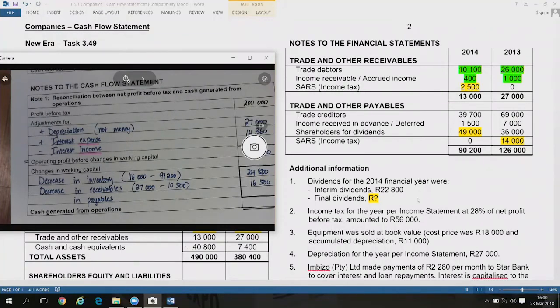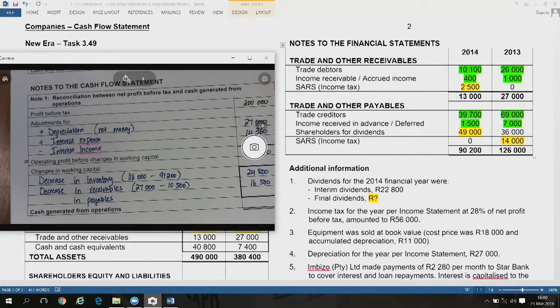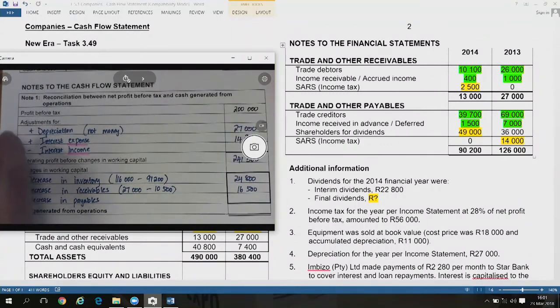Then for the payables, we must take all of those into consideration. Remember, ignore source, ignore shareholders, ignore accrued expenses when it has to do with your interest, but otherwise you must take that into consideration. There's a decrease in payables, meaning that we paid our creditors, so that will be in brackets. On the one side, I've got 69,000 plus 7,000, so that gives me 76,000, and on the other side,